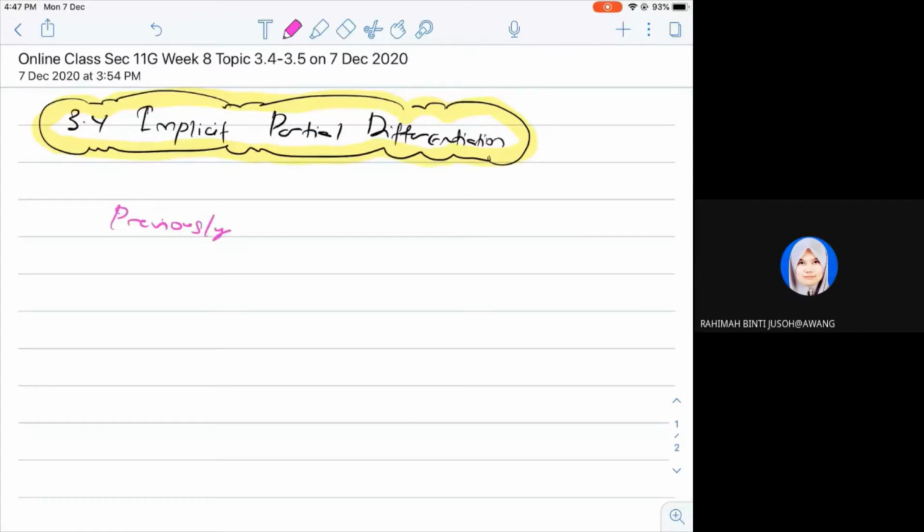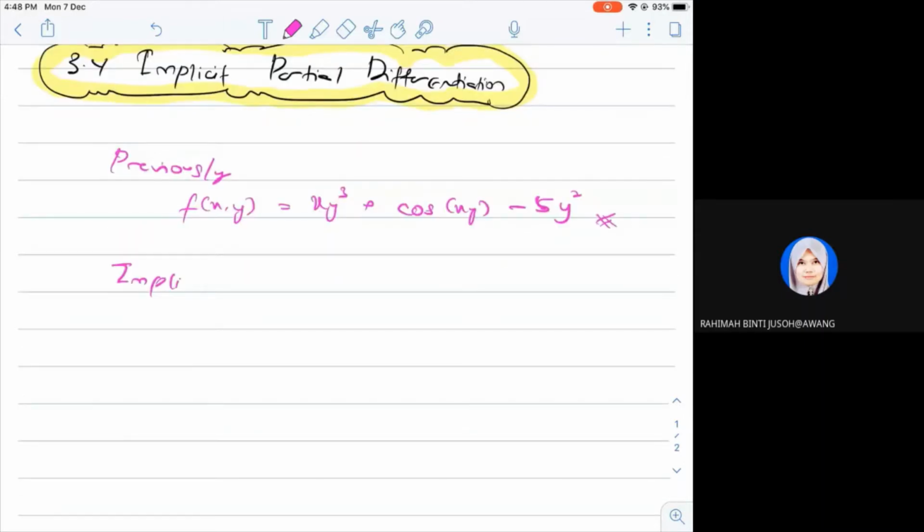Previously, we have a function f(x,y), let's say x y cubed plus cos xy minus 5y squared, just like that. Okay, we have this. But now for the implicit case, implicit means